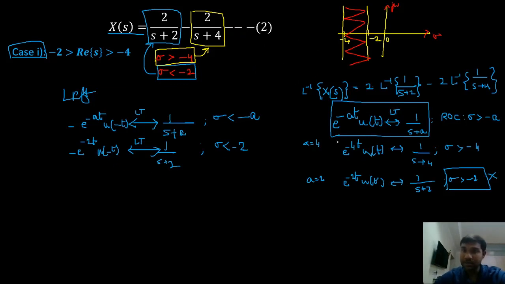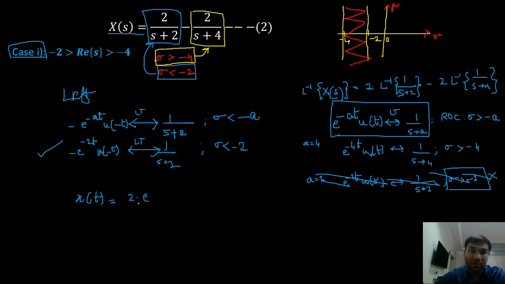This is how I have to find the inverse Laplace of X(s). Now the inverse of X(s) is x(t), right? x(t) is equal to, for the first term, 2 as my coefficient, and then the Laplace inverse of 1 by s plus 2. I can't use the earlier Laplace inverse. I'm going to use the Laplace inverse that is shown in this equation. What is the Laplace inverse?